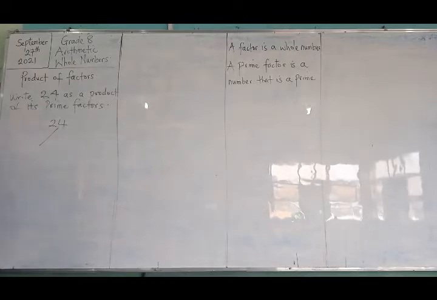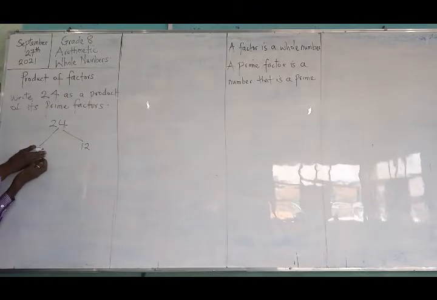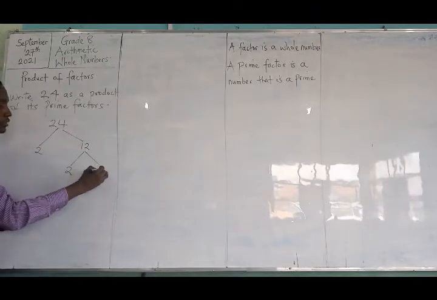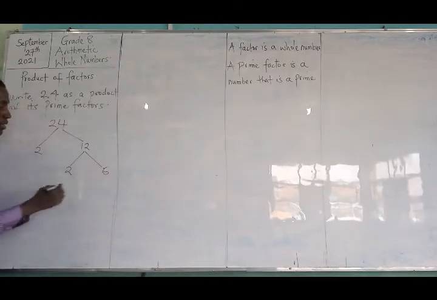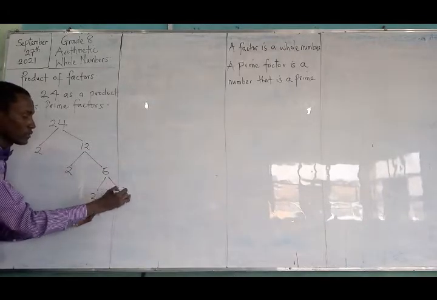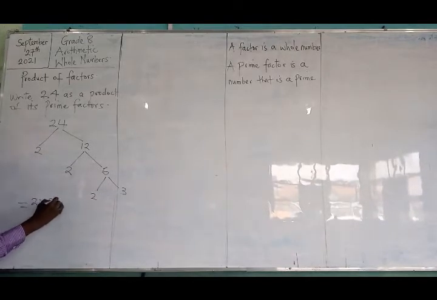What can multiply to give 24? 2 times 12. So I've taken care of this. I don't have any problem with this side now. So I'll come to this. What can give 12 again? 2 times 6. Now taking care of this, what can happen to this? 2 times 3. Now, this method requires you to count the 2's you have. So if I'm not writing in index form, which is something we'll come to later, I'll have this.